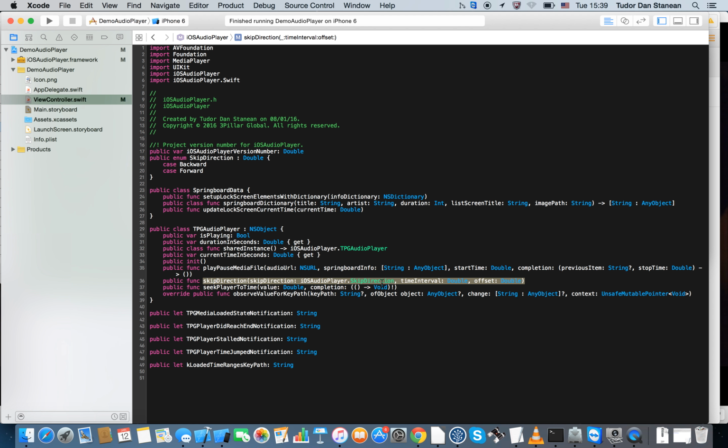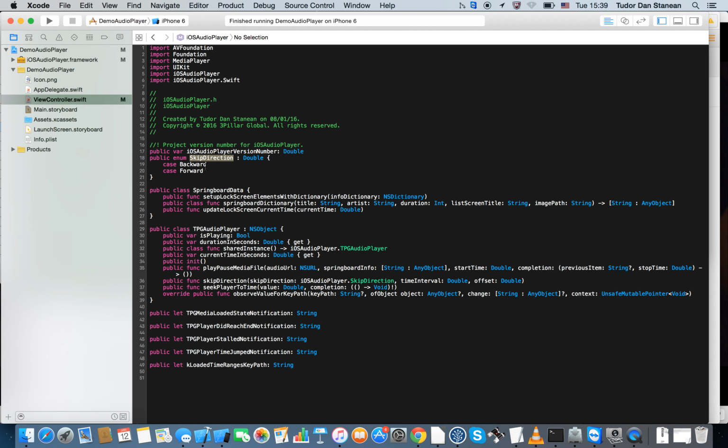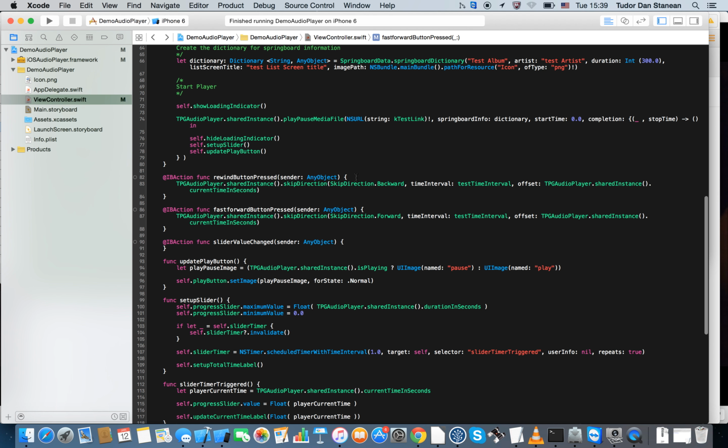We have the type defined of skip direction, and here you can choose which way to seek the player, forward or backward. Of course, for the rewind it is set to backward, and for fast forward it is set to forward. We also have as parameter the time interval and the